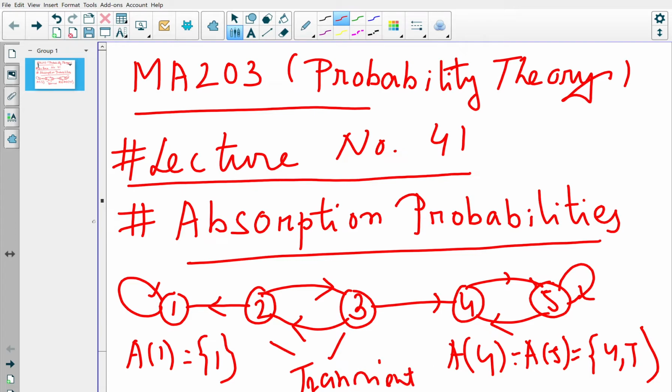So the question is, if you start anywhere, for example at 2, eventually what happens? Eventually you will end up in 1 or 4. The moment you end up in 1, you will always be inside 1. You cannot go outside 1. This means that state 1 is absorbing. Similarly, if you end up in 4 or 5, they are a single class, and you cannot come out from this class consisting of 4 and